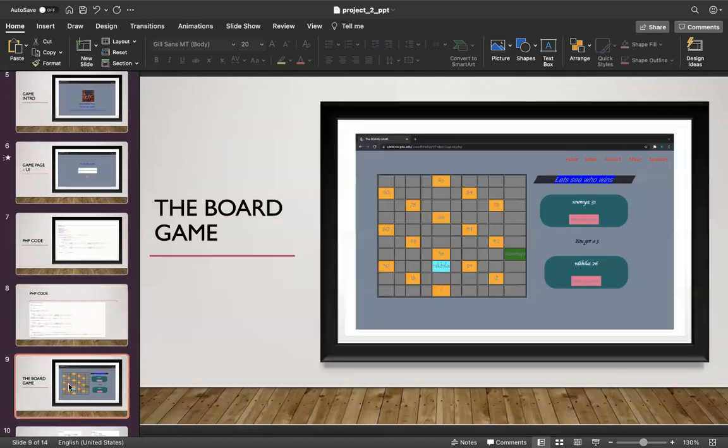So let me show you the game board. This is the game board. We have numbers 1 to 100. I said there are a few hurdles, right? The blocks highlighted in yellow color are the hurdles. Once the user reaches number 6 on the roll of 1, the user is going to go back to 1, one step backward, if he reaches a hurdle.